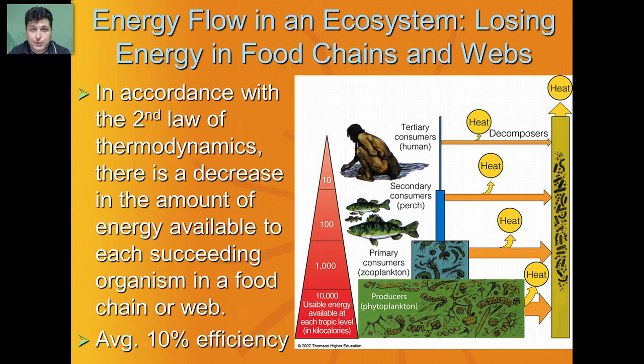As energy flows through food chains and food webs, we're going to see a decrease in the amount of available energy as we move from one trophic level to another. This is in accordance with the second law of thermodynamics. As we move from, say, producers to the various levels of consumers, we're going to see a reduction in the amount of available energy to the next level. Only about 10% of the useful energy is actually being transferred to the next trophic level. The remainder is lost as heat and waste. Now, some of the waste energy can be reclaimed by the decomposers, but that energy is not actually available to the next trophic level.